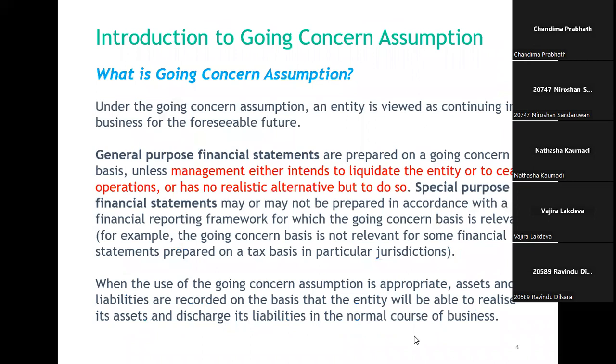What is the going concern assumption? Now we are discussing ISA 570 revised, right? Under the going concern assumption, an entity is one of the fundamental accounting principles. Under the going concern assumption, an entity is viewed as continuing in business for the foreseeable future. So that is the going concern assumption. We call it a foreseeable future. For the purpose of accounting, we consider a 1 year period, or quarterly or half yearly for the purpose of reporting